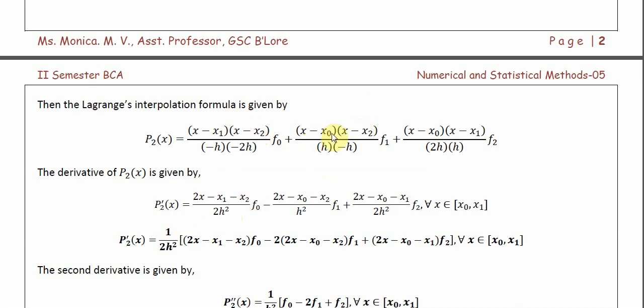Okay. So it is just going to reduce to the sum of these two terms and I have summed up and written everything over here. So 2h square I can take common in all the three terms. Here there is no 2 over here. Therefore we just multiply and divide by 2. The division 2 I have taken out along with h square. Therefore 2h square is taken outside. This numerator is going to remain as it is. 2x minus x1 minus x2 into f0. Here the multiplied 2 is going to come, minus 2 into 2x minus x0 minus x2 into f1 plus 2x minus x0 minus x1 into f2. And this is the first derivative.